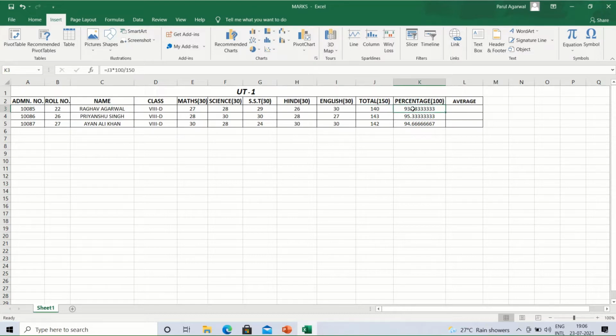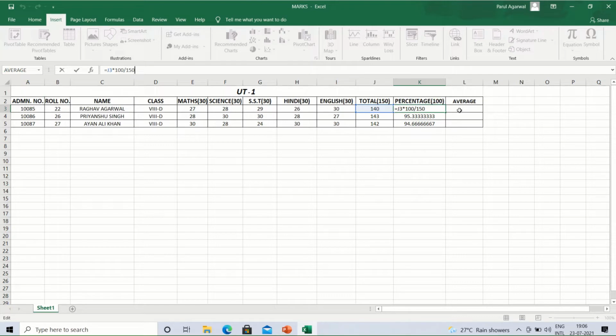These we have already calculated using the function =SUM(E3:I3). This is the sum function used to calculate total, and for percentage we have used J3*100/150, as we can see in the formula bar also.